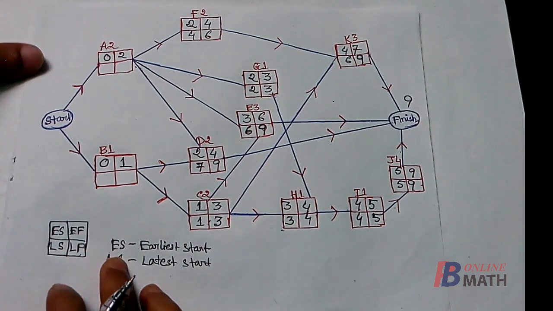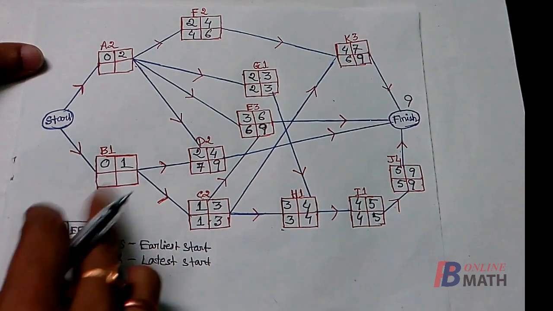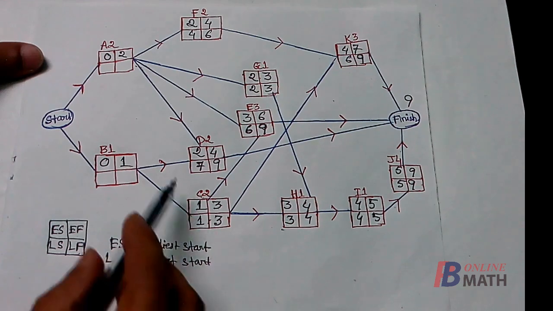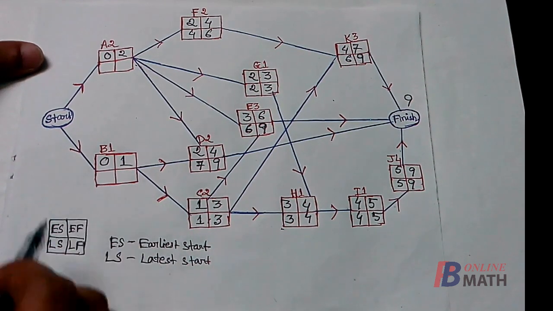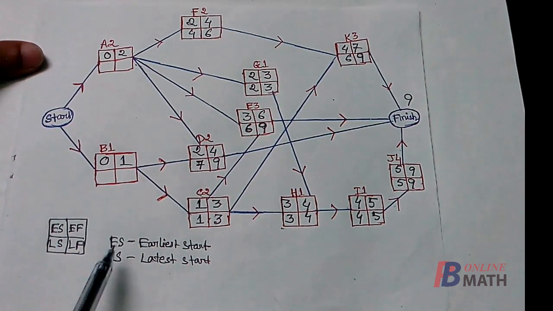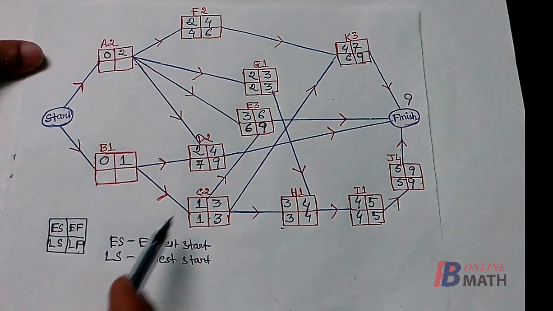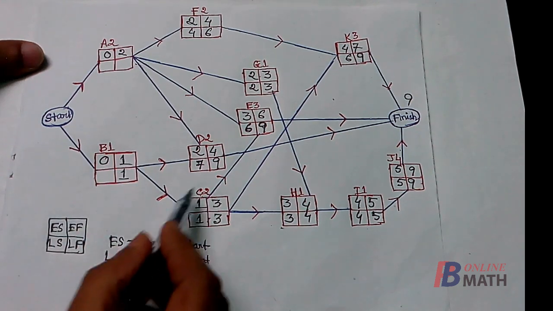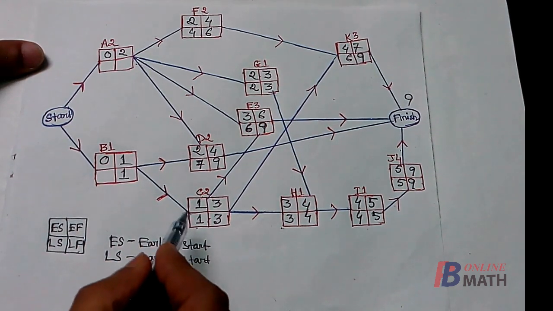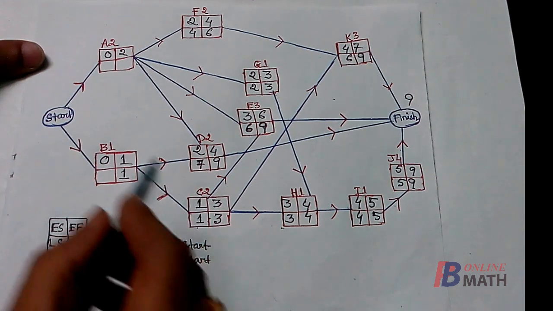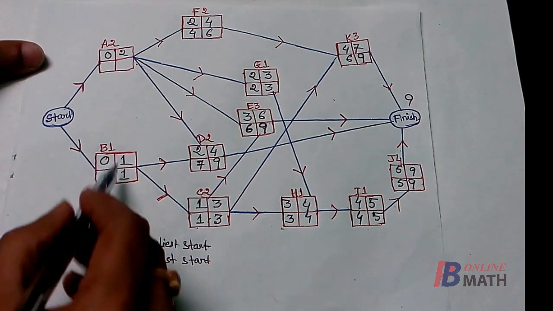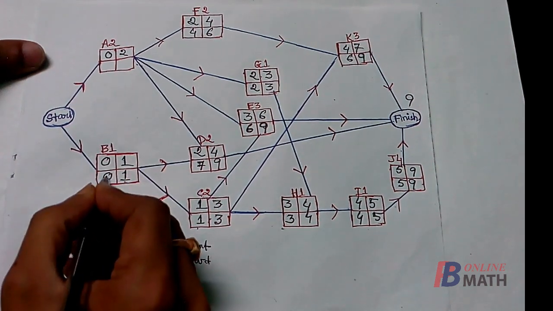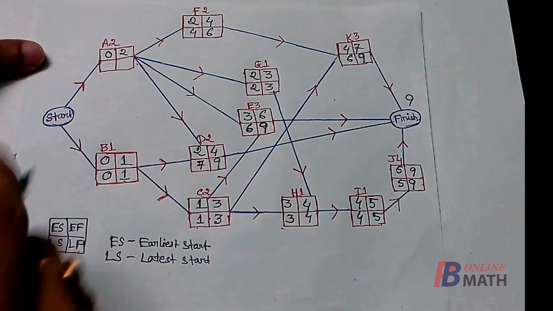Now consider the activity B. Here we find that there are two activities D and C which can be started only after the completion of the activity B. So we find that the activity B must be completed within 1 week such that we can start the activity C on time. One is the latest start time of the activity C. So the latest time we have to finish the activity B is 1 week, and it requires 1 week, so it is 1 minus 1, 0. This is the latest start time of the activity B.